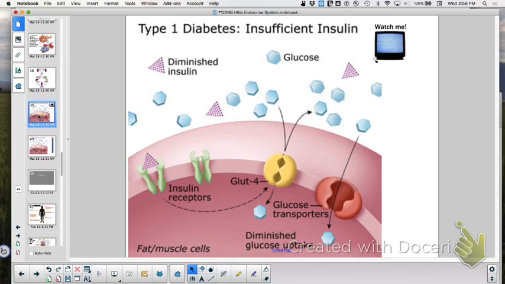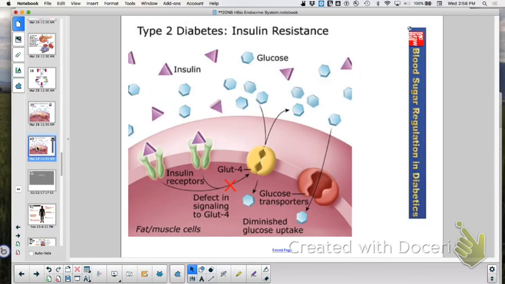Type 2, generally speaking, you bring that on yourself because you put so much sugar in your body that it's like screaming all the time for insulin, and pretty soon it thinks that's the norm, having sugar levels that high. And so you end up, your cells are not receptive to insulin because insulin is always out there, that it starts to ignore it. It thinks that's the norm. It looks for change. So that's type 2. Be overweight, eat too much sugar, you too can have type 2 diabetes.